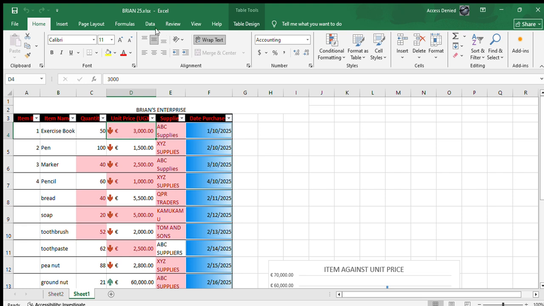So I'm going to take you through some various functions of Excel, and the first one, as you see this work, this is the work I did. So I'm going to first take you through